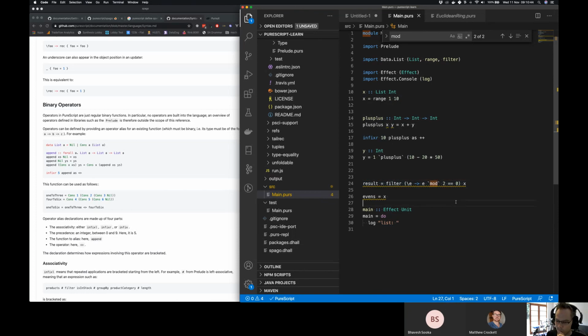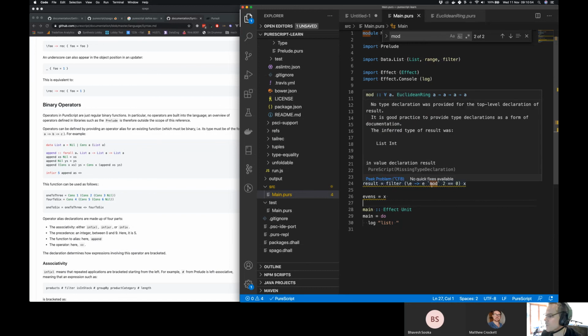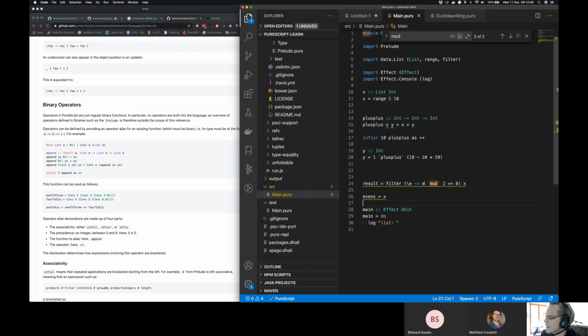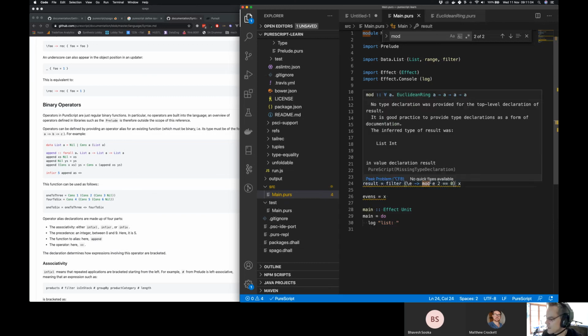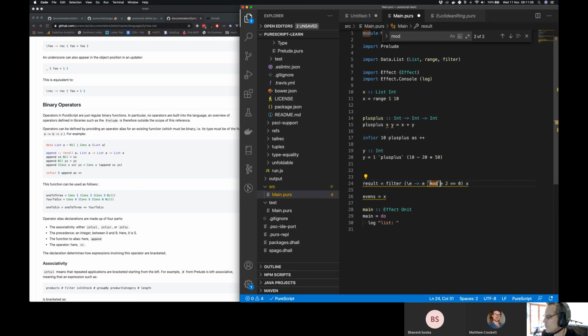Makes it a bit more readable. As long as mod takes 2 inputs and 1 output, you can backtick it and it'll convert it into an infix, which is pretty cool, especially in a case like this, because going mod E 2 doesn't read to me as well as E mod 2. E mod 2. Right? Yeah.